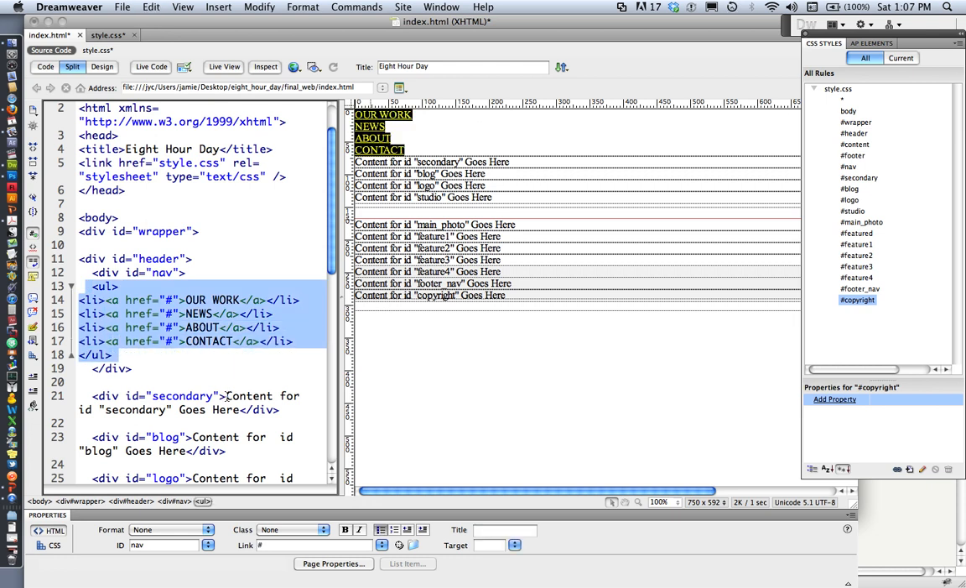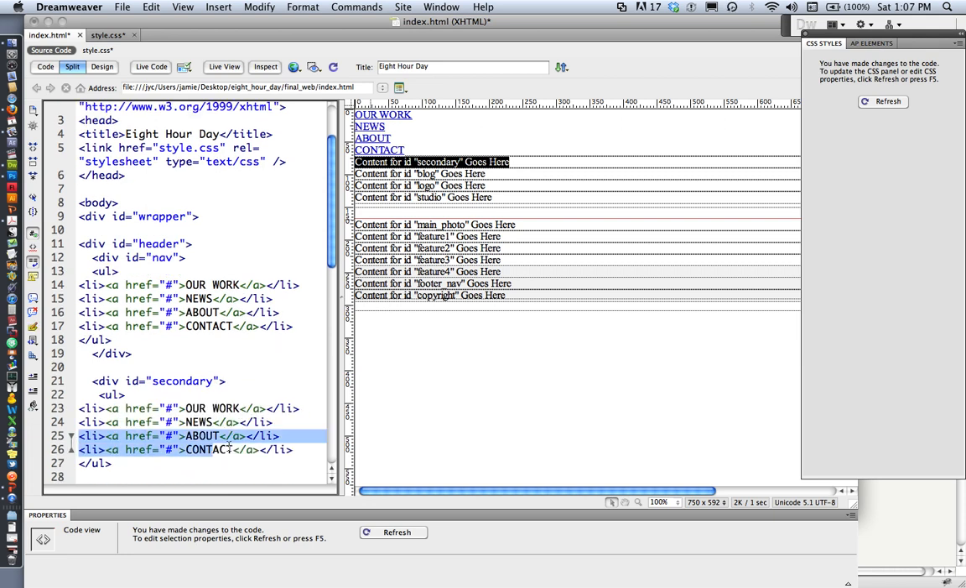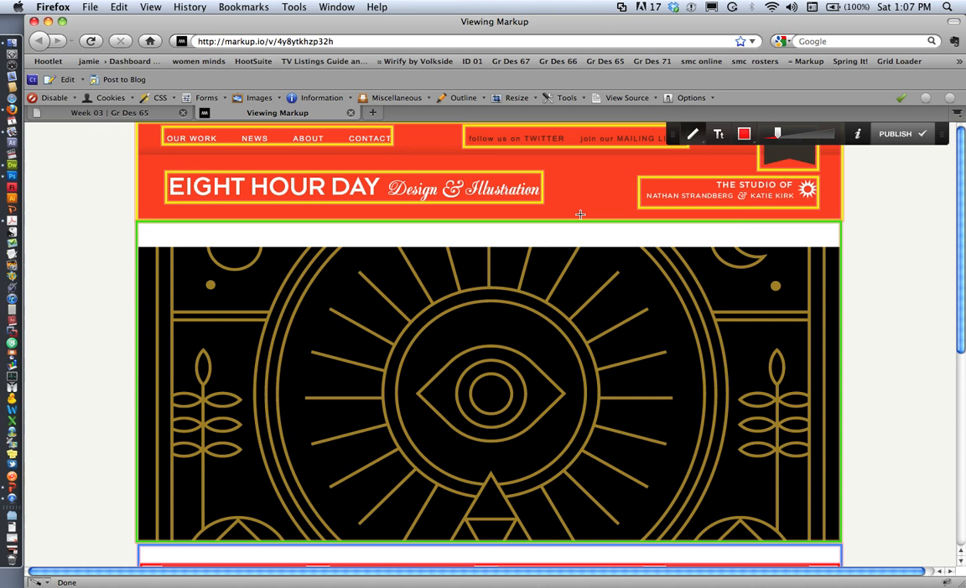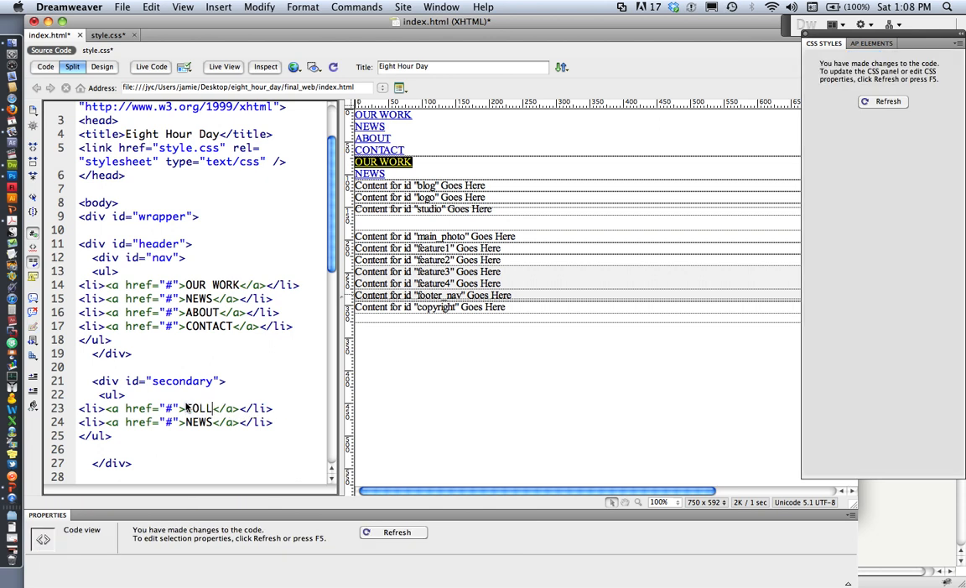For the secondary, I also have some navigation, so I'm going to use a list again. I'm going to just copy and paste what I just did above, but I only have 2 sections in that, and if we go back to our design, one of them is follow us on Twitter and the other one is join our mailing list. Oops, I know this is uppercase for mailing list. Okay,